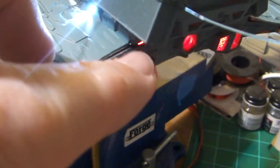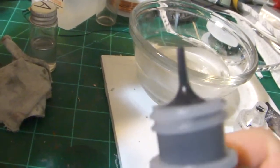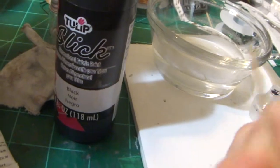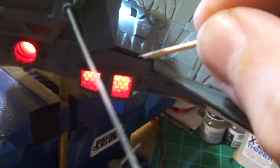So now all I need to do is go back and add a little bit right there and a little bit right here, and all I use is, as I said, the Tulip, and it comes with this nice point. You can also put this in a syringe with a wide mouth needle and use that to get it into tight places. And then I shave down the end of a very thin toothpick to get to a nice little point, so that as I'm working this, I can work this into the joint, make sure it's nice and covered,